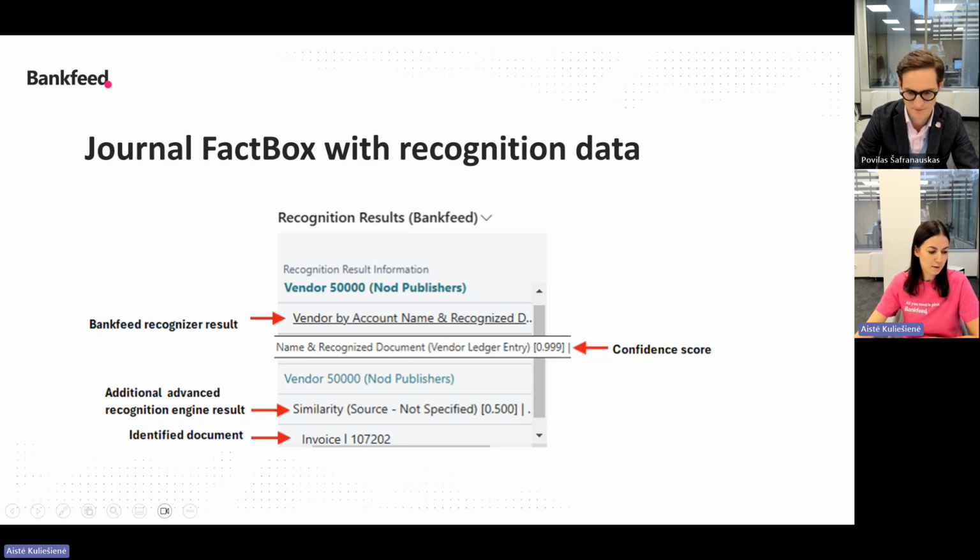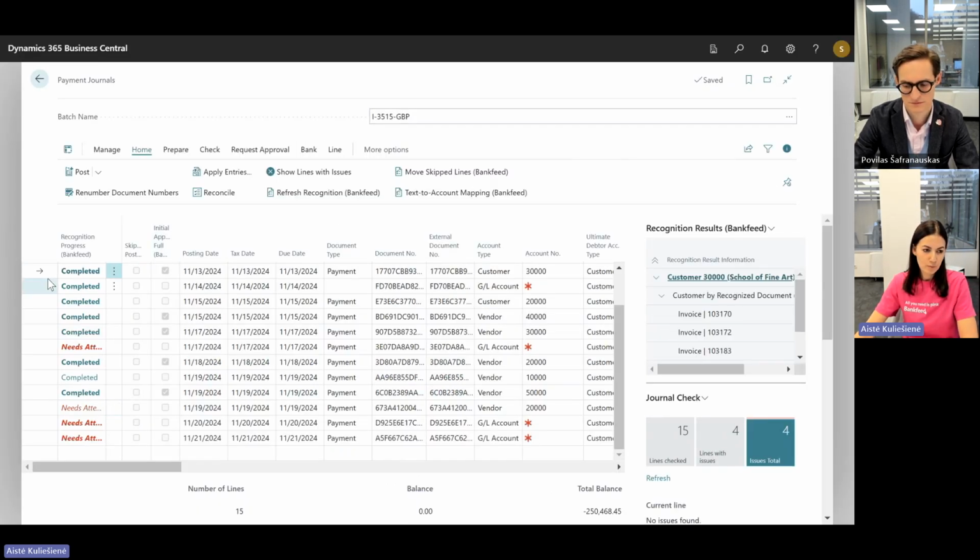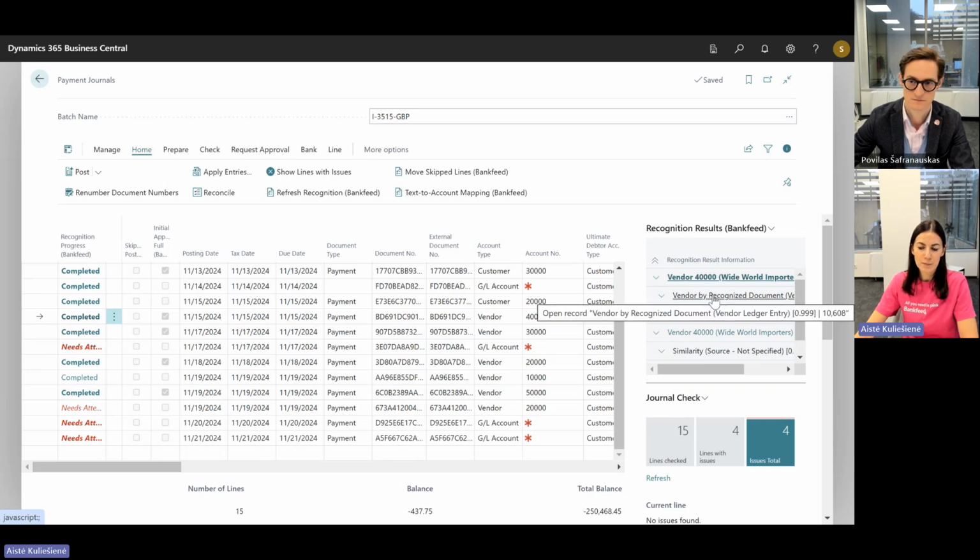So now let's go back to Business Central. As you can see, while I'm moving from one line to another, this information changes. And we have a new additional possibility. If you want to check, you can press on the account type recognition, and related information will be opened. In this case, this payment was recognized vendor by account by recognized document.